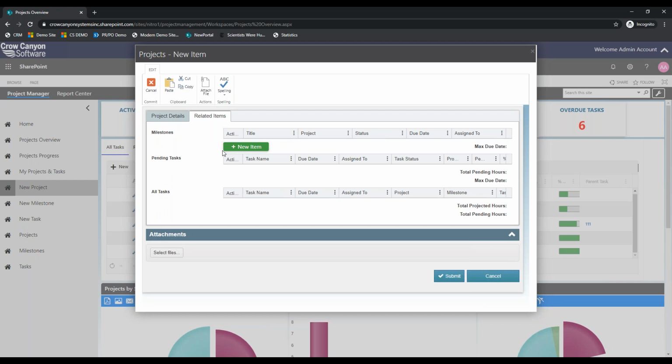Now, milestones and tasks. These will be automatically generated when I hit the submit button here in the bottom right hand corner, but I want to talk about this a little bit before I hit submit. So parent-child, I know, like a broken record, but hear me out. The reason that we do this is we're actually taking advantage of